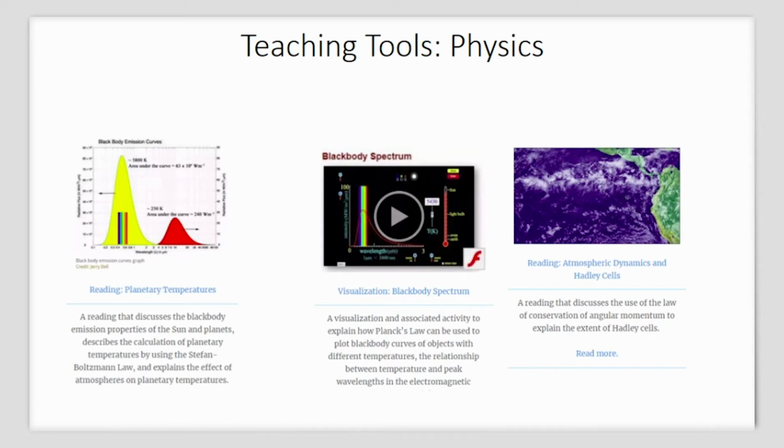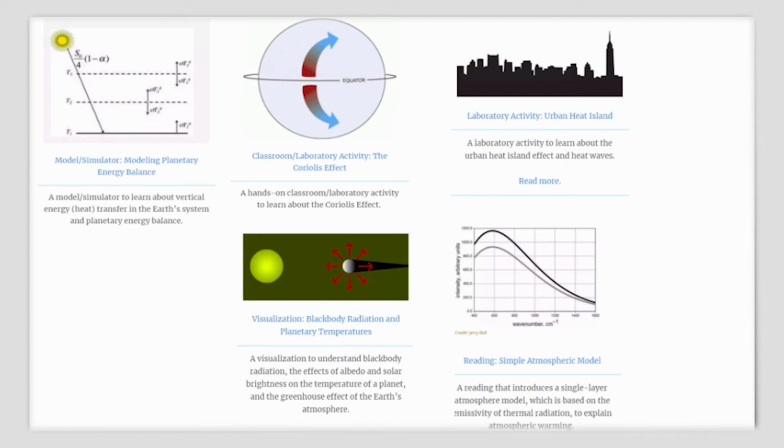A reading that discusses the use of the law of conservation of angular momentum to explain the extent of Hadley cells, a model or a simulator to learn about heat transfer in the Earth system and planetary energy balance, a classroom or lab activity to learn about the Coriolis effect, a lab activity to learn about the urban heat island effect and heat waves, a visualization to understand blackbody radiation, the effects of albedo and solar brightness on the temperature of a planet, and the greenhouse effect of Earth's atmosphere, a reading that introduces a single layer atmosphere model